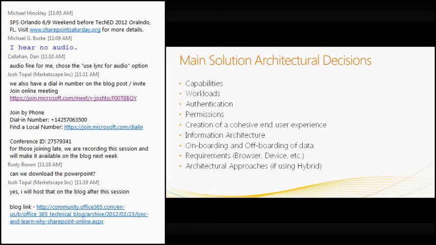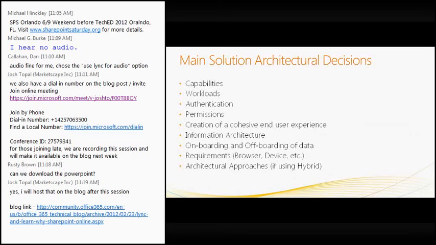Information architecture deals with your site taxonomy, how sites are going to be built, and how people are actually going to drag and click and get everywhere. Very important, because even like working with the share folder, you don't want people clicking and driving down too far. You want to build in easy, logical navigation so they know where they'll go. Make sure you have a plan for onboarding your data and offboarding at the same time, whether that is something as simple as versioning, or actually moving things that need to be locked down if it's more of a record type, or something that just needs to be taken off in a timely fashion.